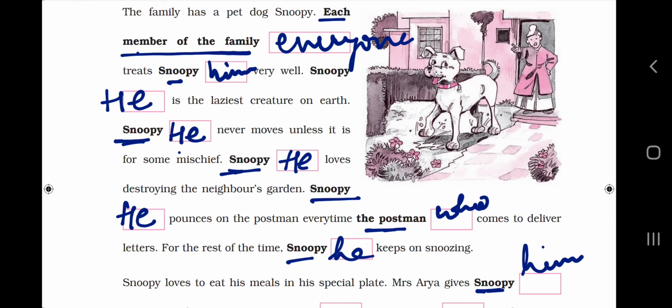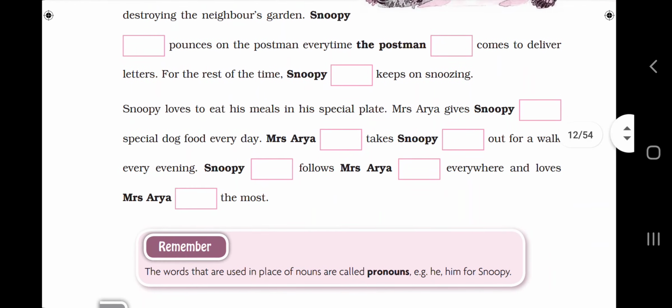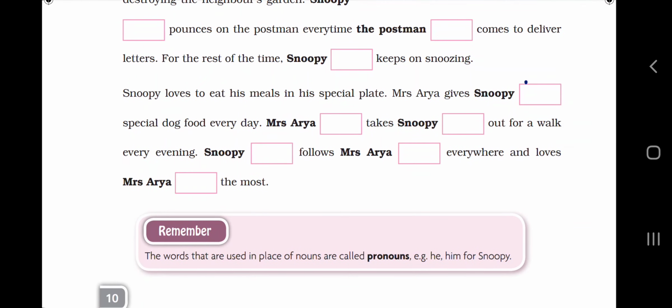Now what is written there? I have to move downwards. Okay. It is him, and then special dog food every day. Mrs. Arya, in place of Mrs. Arya, what would be? This is feminine gender, so she. She takes Snoopy, means him. She takes him out for a walk every evening. Snoopy, that he